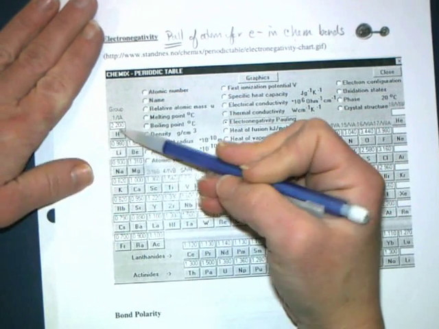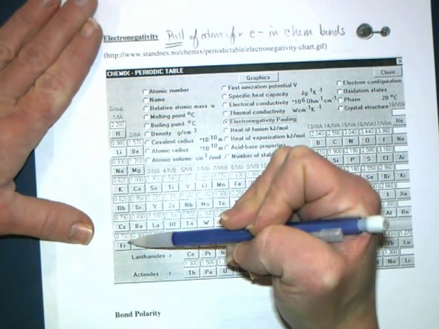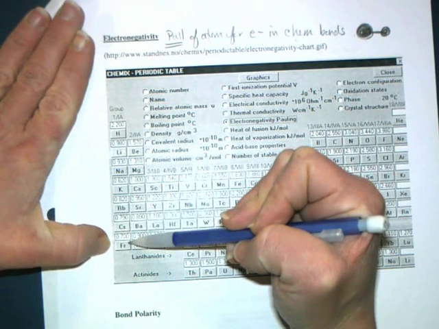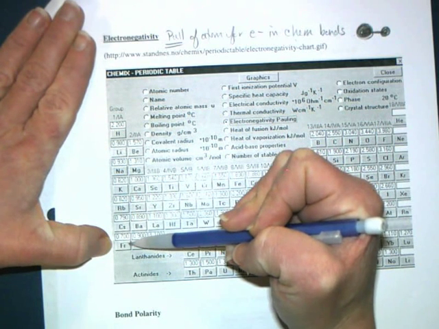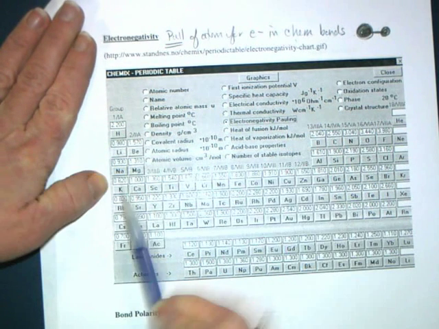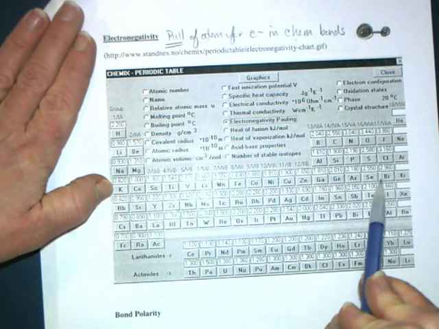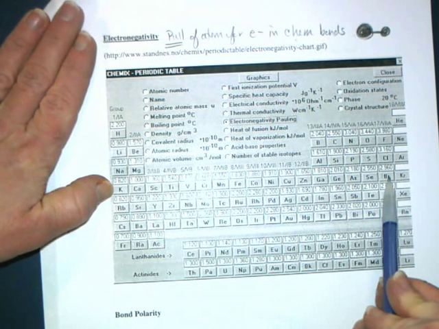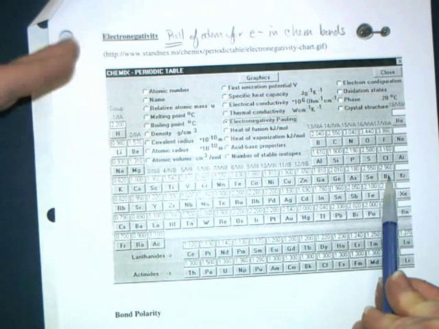As we go down a column, we know that our atoms get larger. So the strength, the ability of them to pull electrons toward their nucleus, actually decreases. As we go left to right and get much smaller, the electronegativities increase because our smaller atoms can more efficiently